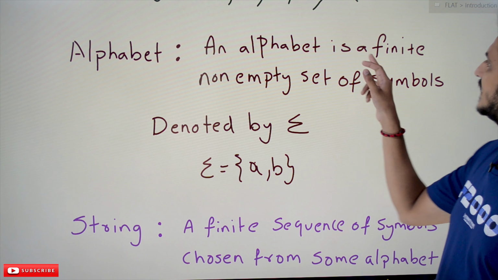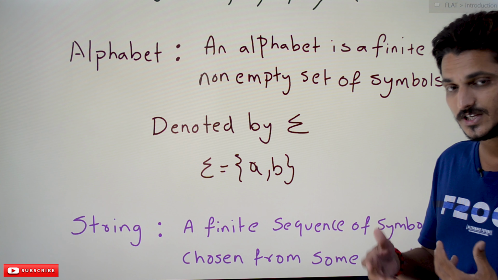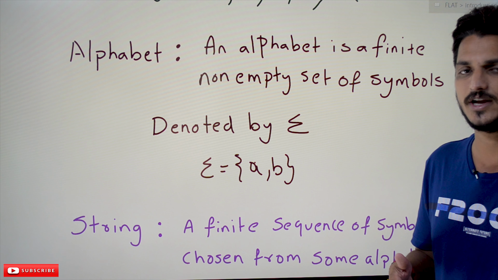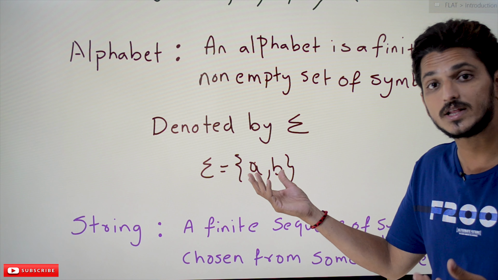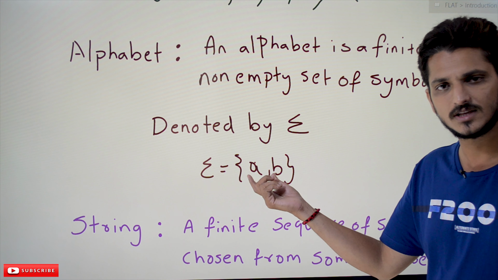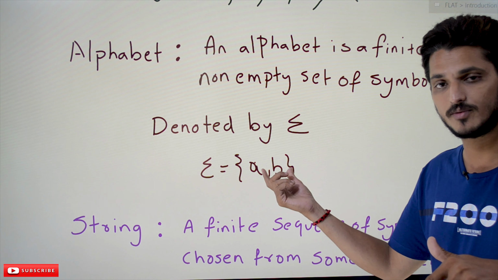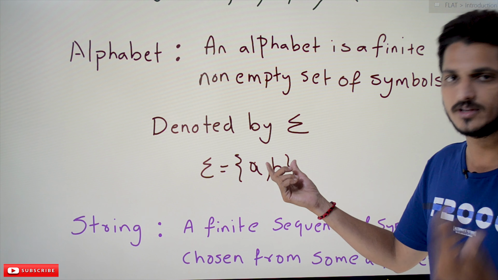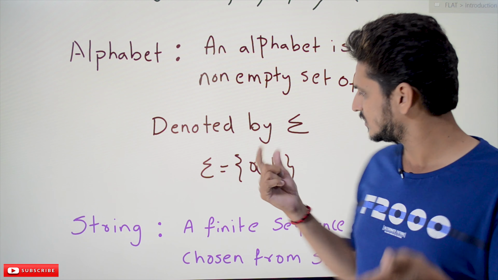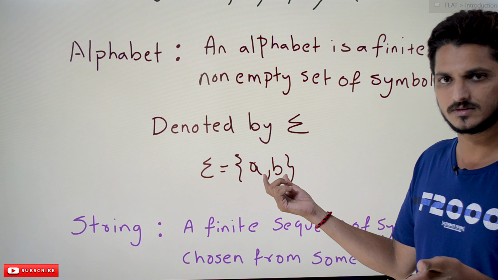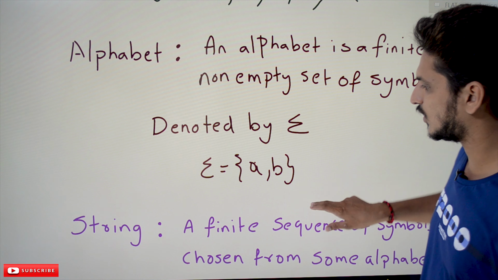So the alphabet is a finite, non-empty set of symbols. Our deterministic finite automata or non-deterministic finite automata machines are constructed on these alphabets and work on them. If the alphabet changes, we have to change the finite automata also, because we are making the transitions based on these alphabet symbols. If you change the alphabet symbols, we have to change the logic also. That is the point you have to understand.